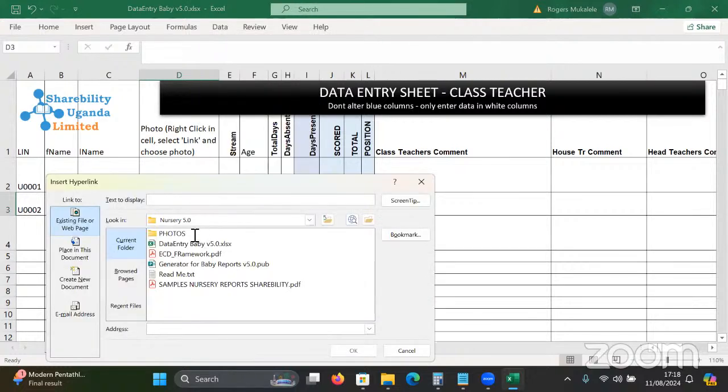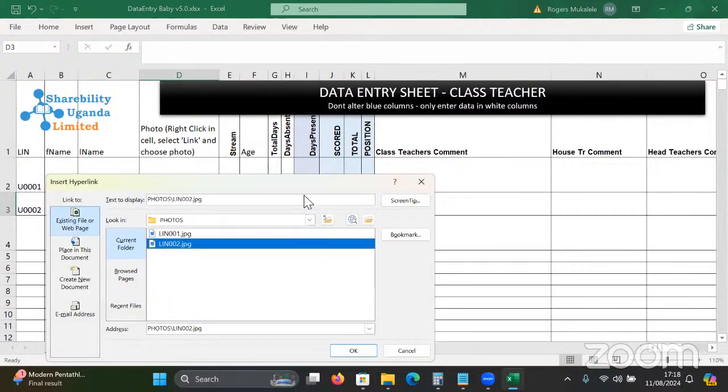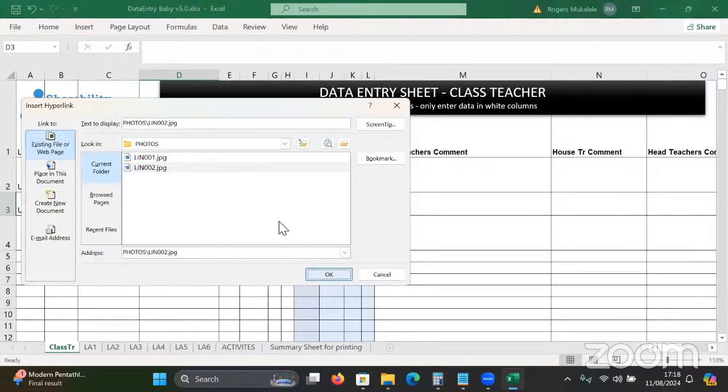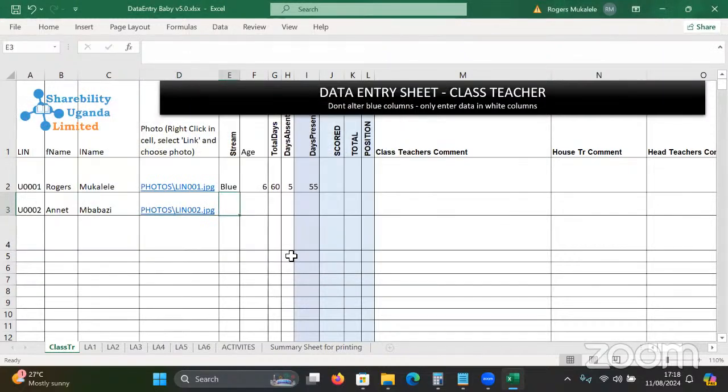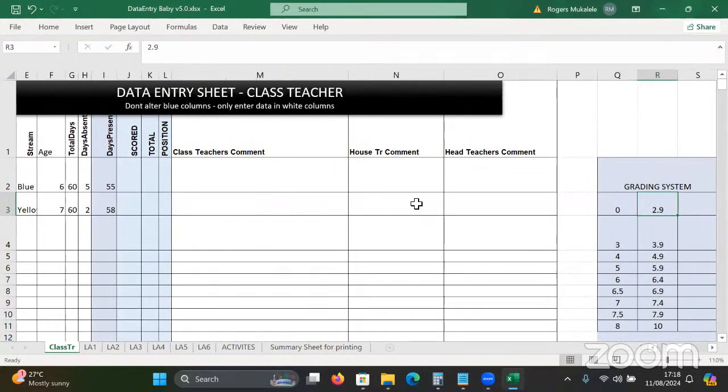I choose the learner's photo, and then I choose whether this is yellow and age 7. The number of days for the term are 60. This learner was absent for only 2 days, so he was available 8 days. So that is all. Now, these other comments here, class teacher's comment and house teacher's comment, I'll talk about them